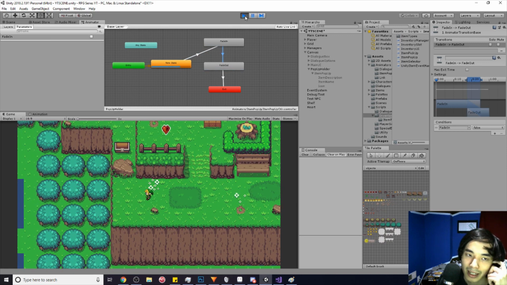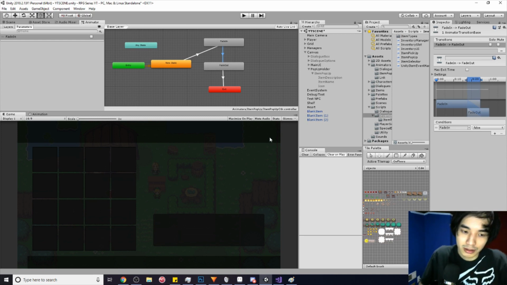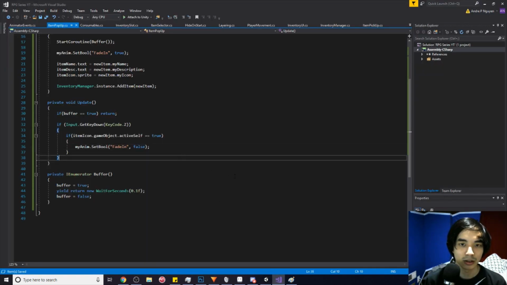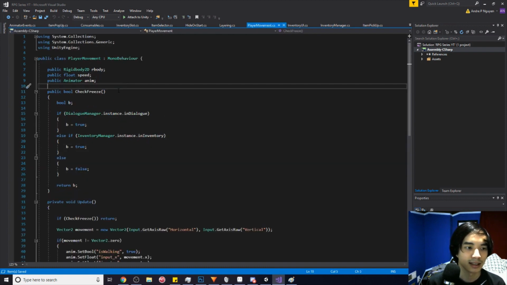little item pop-up system. But you might have noticed one last thing is that we are able to move while this pop-up is there. And you might not want that for your game. Maybe you do, maybe you don't. But I think standard is that you're not allowed to move while you are looking at an item. So let's go over to our player movement and let us create a